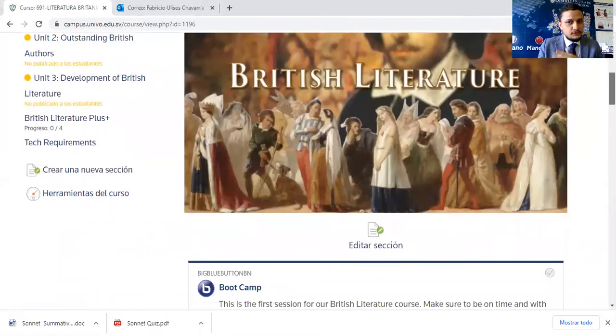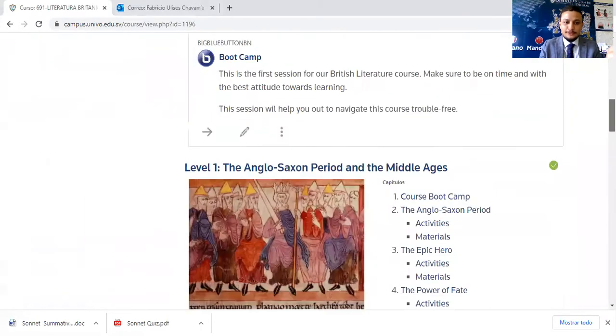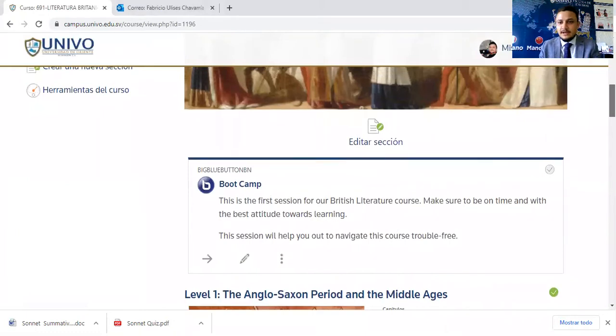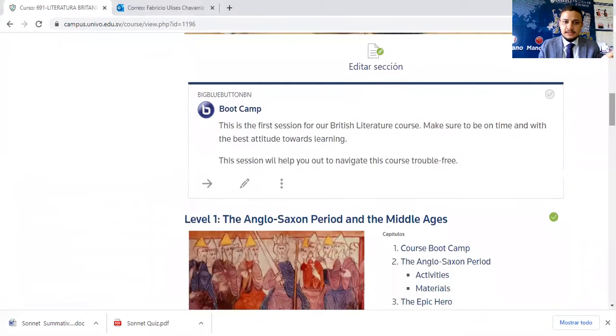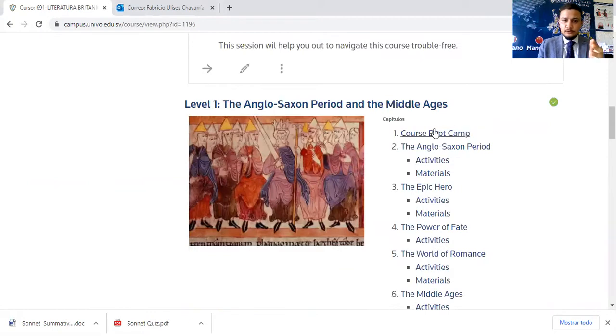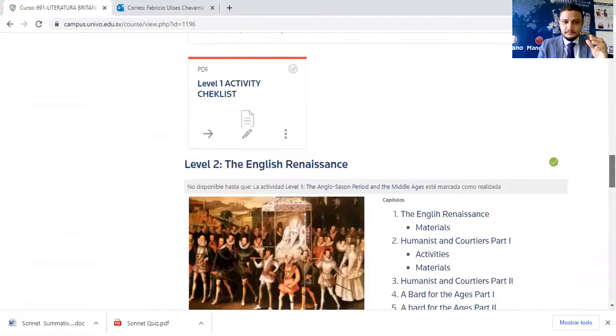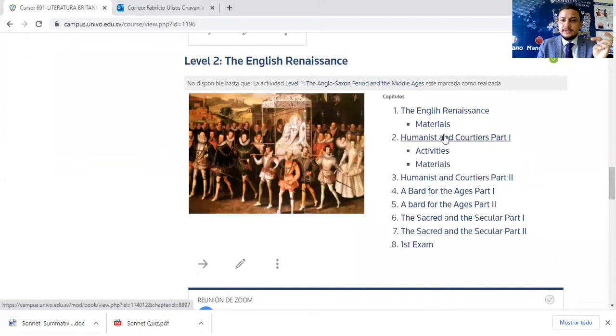For those of you who just recently joined the course, this is how the campus looks. Most of the answers to your questions are here. We already covered all of these lessons. The previous lesson was about the English Renaissance, where we had a discussion of this period and what Renaissance really means. So we're at this point here, Humanists and Courtiers part 1, and all of these sessions are divided into 2